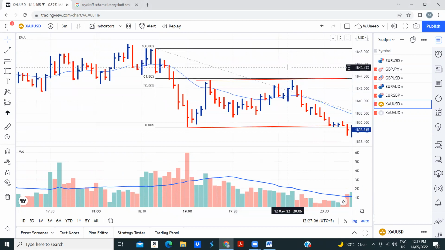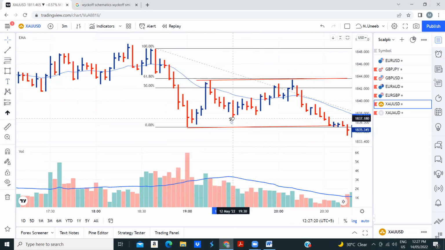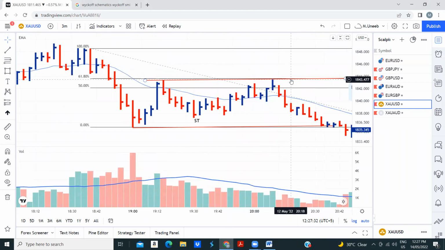Now, what do I see here? This is a selling climax, let's suppose, then a secondary test. What do I see? A higher low, right? Secondary test, higher low. So I would say the price will go up, right? Higher low, higher low. But what happened? The price came back here, failed. The price again came back here and did not reach the high. Did it reach the high? The highest point? No. So we did not make any higher low,